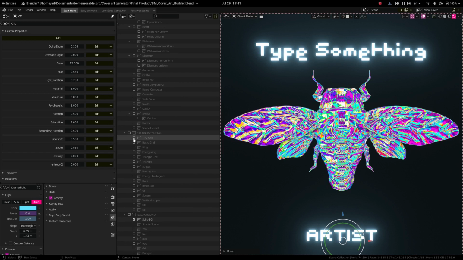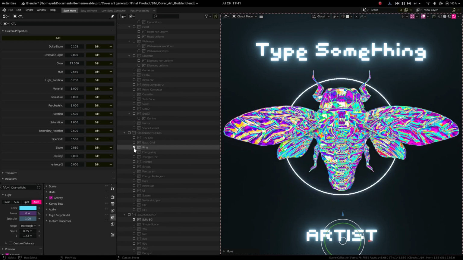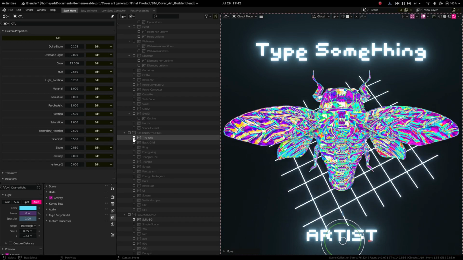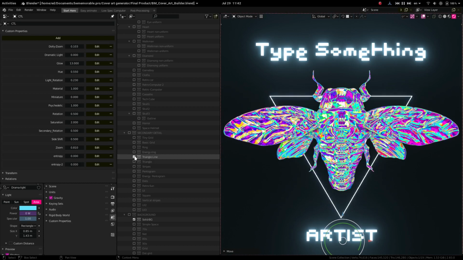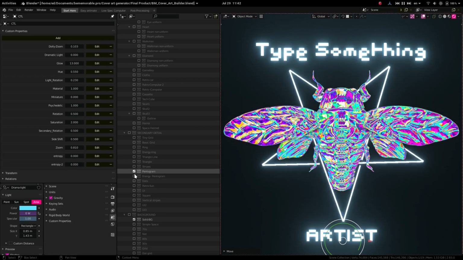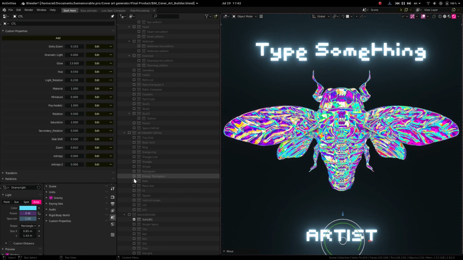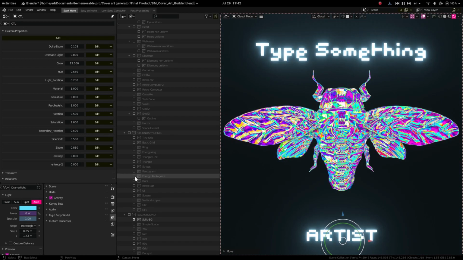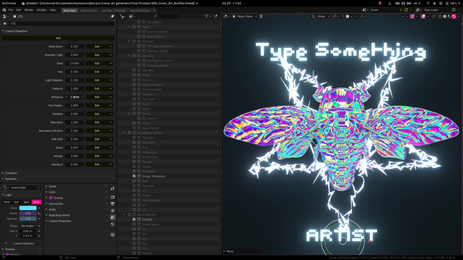What you want to do next is select this secondary detail. It's like a frame around your object. So I have a bunch of these here. Triangles, stripes. Some of them are for different genres. So for example, if you want to make like a super heavy metal cover, I would